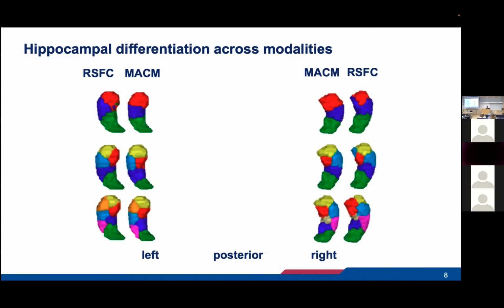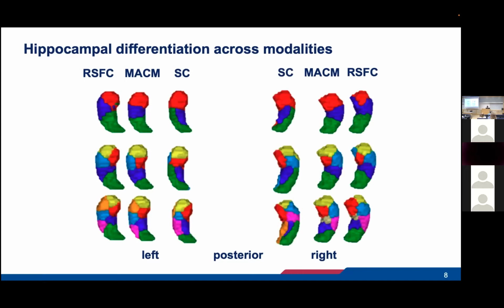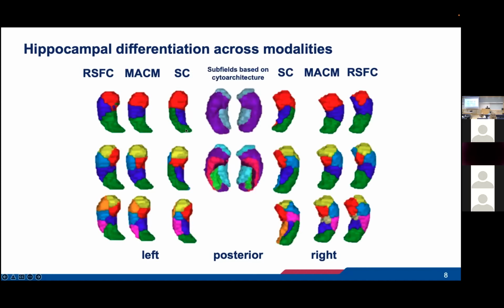If we go up into high granularities, then we actually can also see a differentiation pattern in the medial lateral dimension. And both of these functional measures are similar to each other. However, structural covariance deviated from it. We still see a head hippocampus anterior part, but if it goes into the body and posterior hippocampus, we actually have a differentiation in the medial lateral dimension, which reminded us of the cytoarchitectonic differentiation into CA 1 to 4 and subiculum.